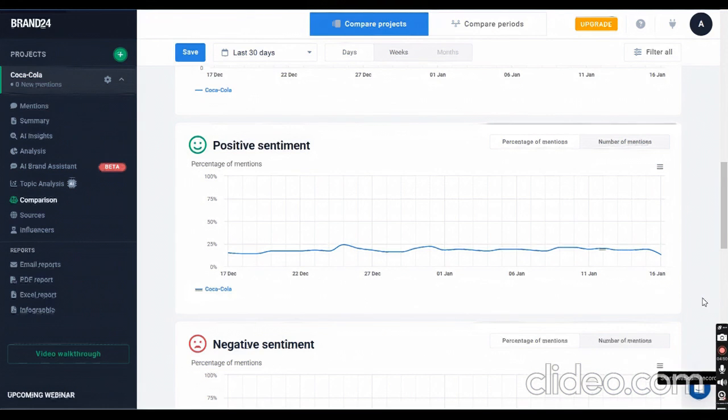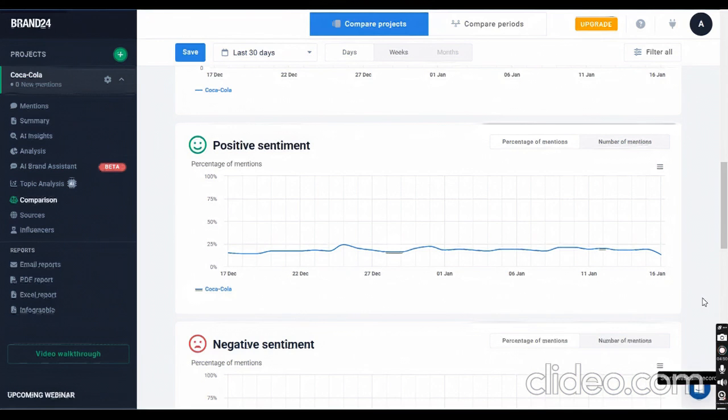So why use Brand24? Initially, the first and major point is it creates brand awareness and visibility. And then it gives you customer insights. It tells you how the customer is using the brand, or how the brand is being portrayed by the customer. And it gives you competitive intelligence. It helps you monitor competitive strategies, analyze the competitors' campaigns to identify